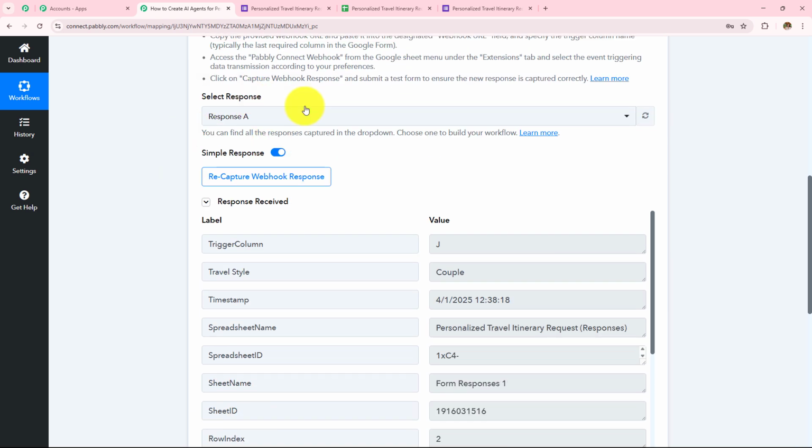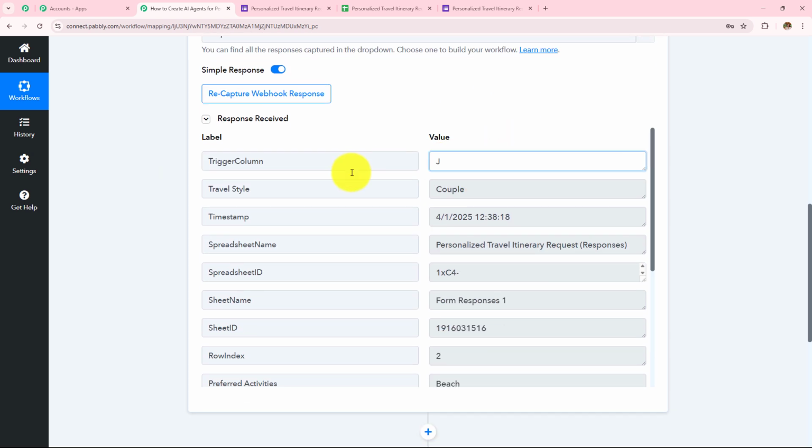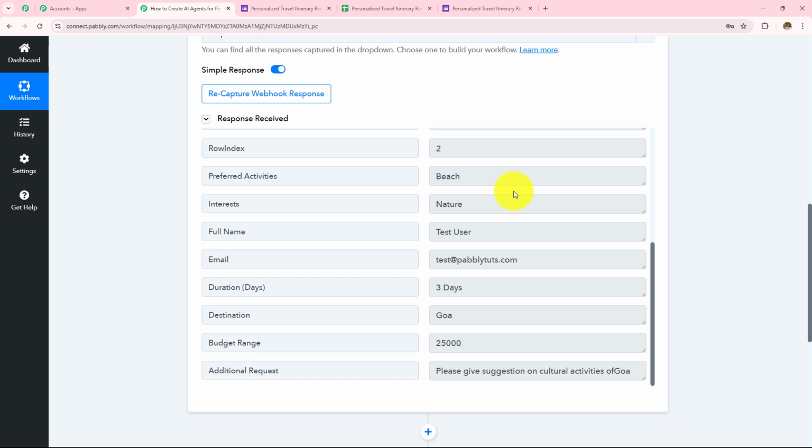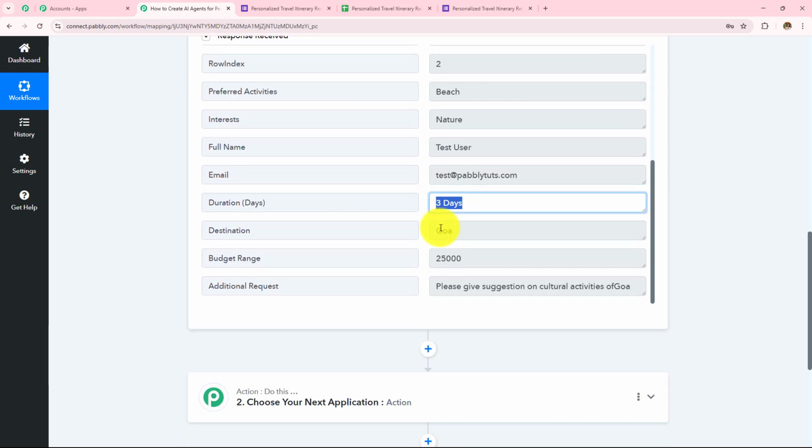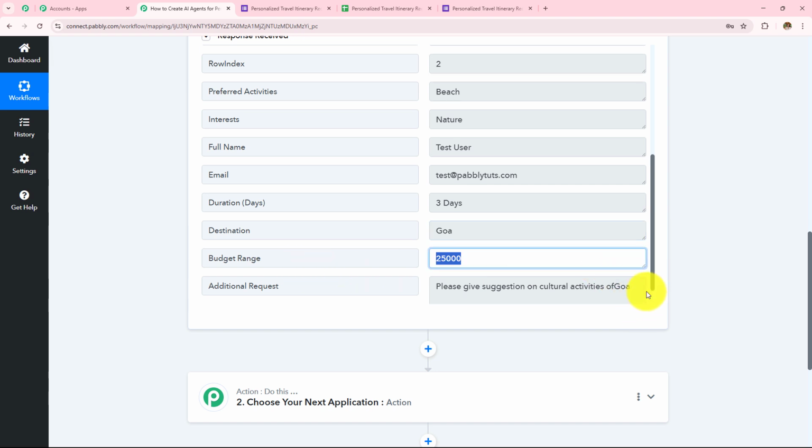And here we can see that we have received the response. The trigger column was column J. Travel style is couple that we have entered. Spreadsheet name is here. Then the other responses like the preferred activities, beach, interest, nature, name, test user, email, test@pablitudes.com, duration 3 days, destination Goa, budget range 25,000, and then the additional request is please give suggestion on cultural